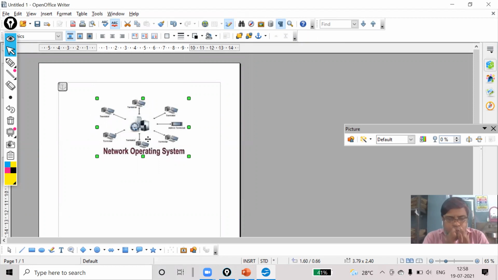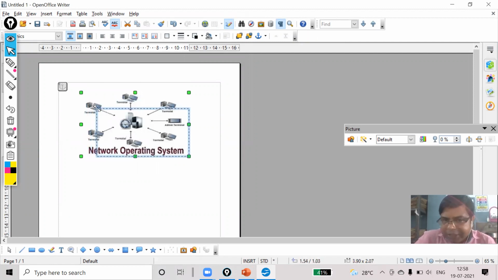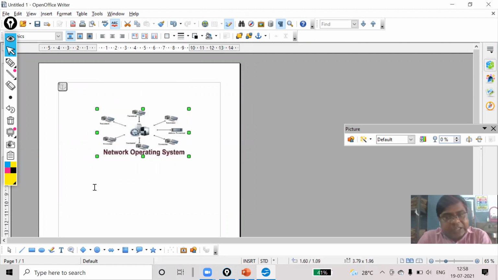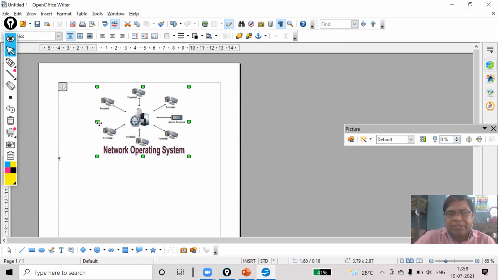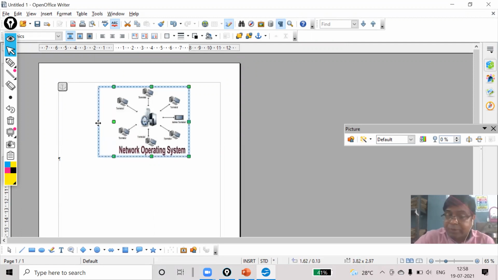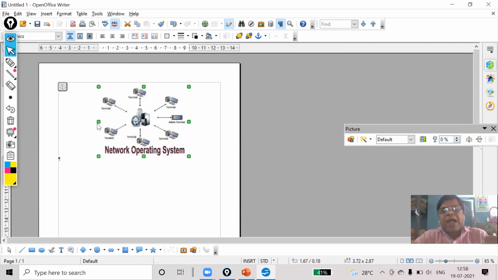First of all, you have to know which type of work can be done on an image. See, I can increase the size of the image, and I can decrease the size of the image. Increasing and decreasing can be done in different ways. In the upward direction, click and drag it. On the left side, click and drag it. If you drag inward, the size of the image will be decreased. It is up to you which way, but don't expand this picture too much, otherwise your picture will not be visible nicely.